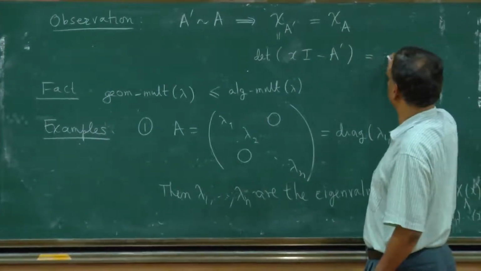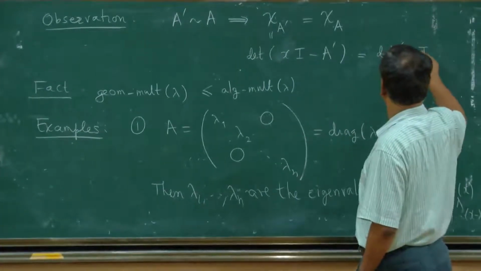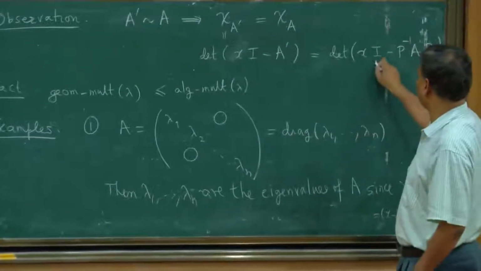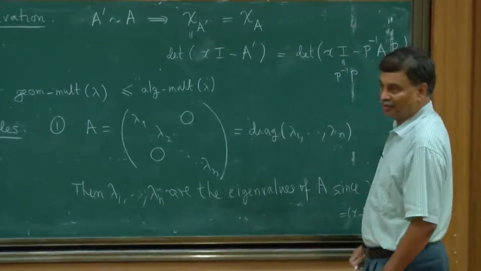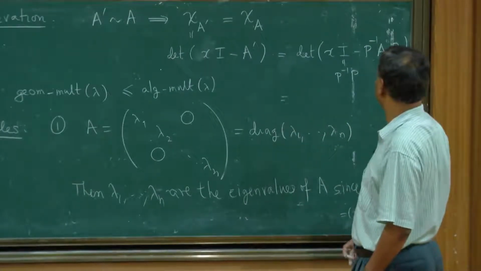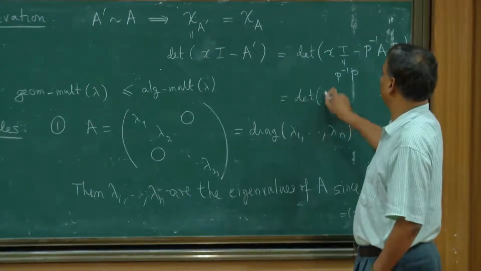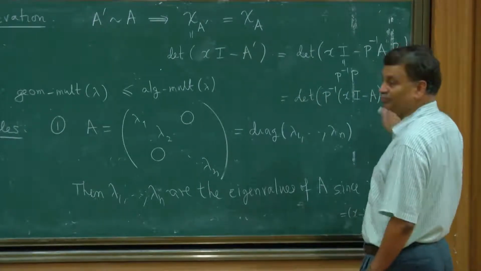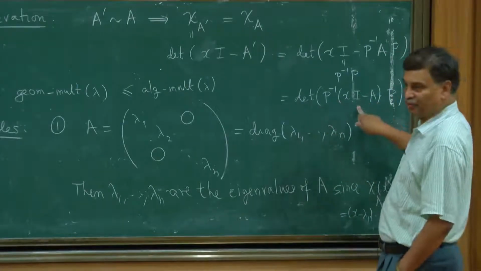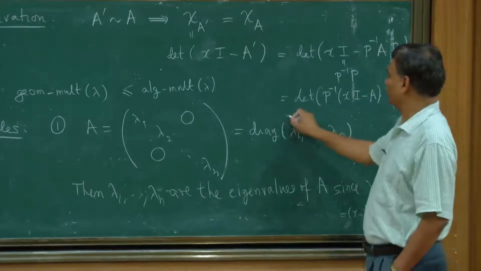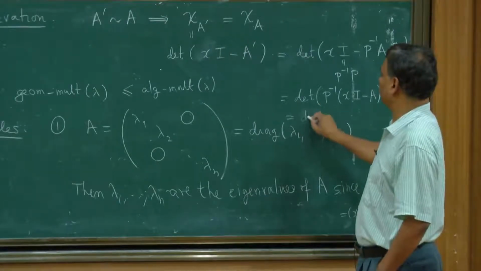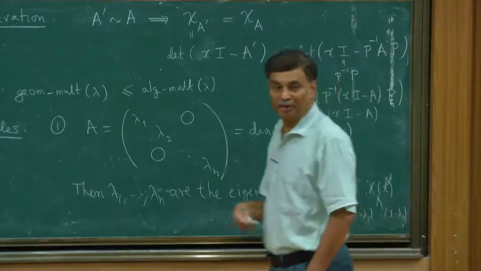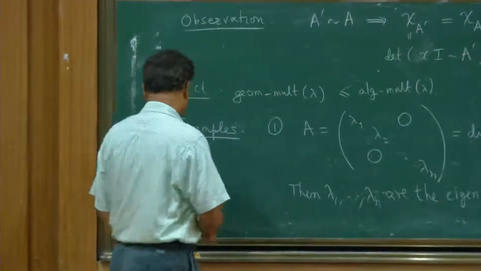But A dash is similar to A, so this will be determinant of xI minus P inverse AP, and I write I as P inverse P. Then I will be able to write this as determinant of P inverse into xI minus A into P, which is determinant of P inverse into this into determinant of this, and that is therefore determinant of xI minus A. So characteristic polynomial is a similarity invariant,